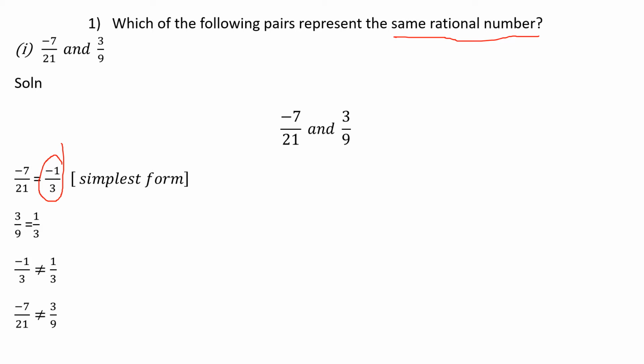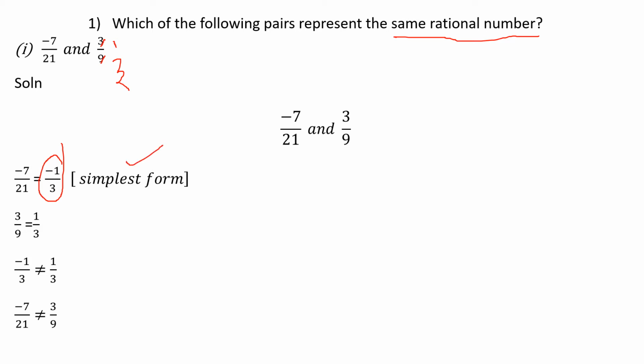Are you getting minus 1 by 3? You want to check it, okay? Sometimes I write wrong here, so don't copy it, do it. I think all are getting it, right? Now cancel 3 by 9. What are you getting? Here also we can cancel, right? 1 three is 3 and 3 threes are 9. So 1 by 3. For minus 7 by 21, we cancelled it and the simplest form is minus 1 by 3.